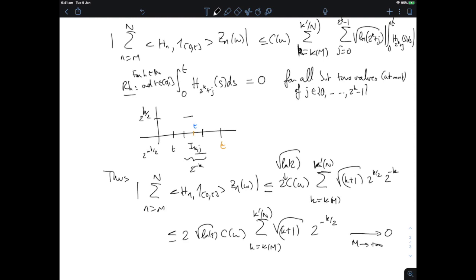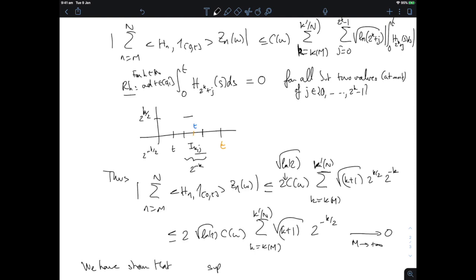Right. Now notice that the numbers that I've got here are independent of t. The c omega only comes from lemma 3.3. It's only a property of the Gaussian variable Zn and the fixed omega I've chosen, and these are just numbers. So what have we proven? We have shown